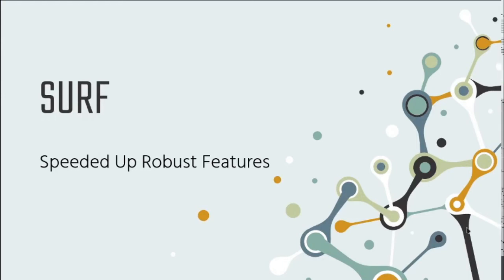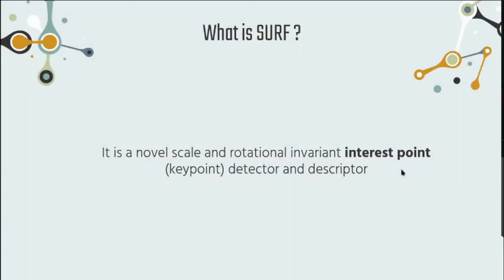Today my friend Nishant and I will discuss how the SURF algorithm works. Firstly, what is SURF? It is a robust interest point detector and descriptor, called Speeded Up Robust Features, abbreviated as SURF. This approach for detection and description outperforms previously proposed schemes with respect to repeatability, distinctiveness and robustness, and yet can be computed very fast.